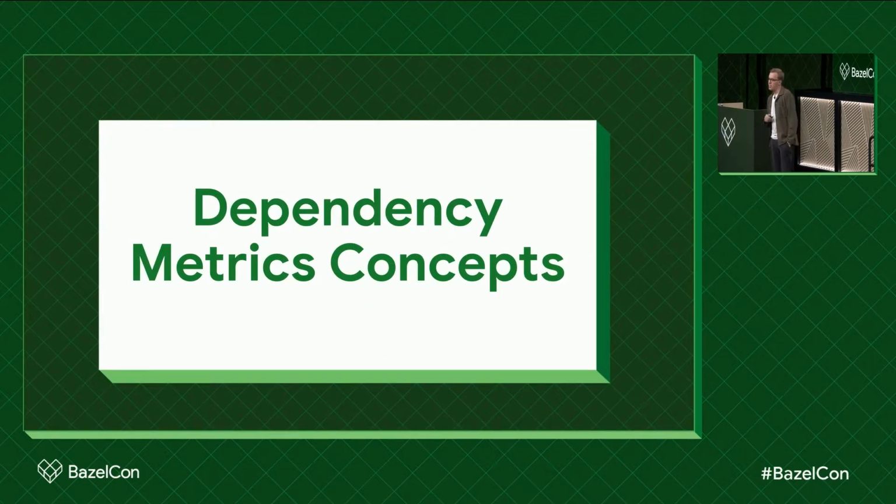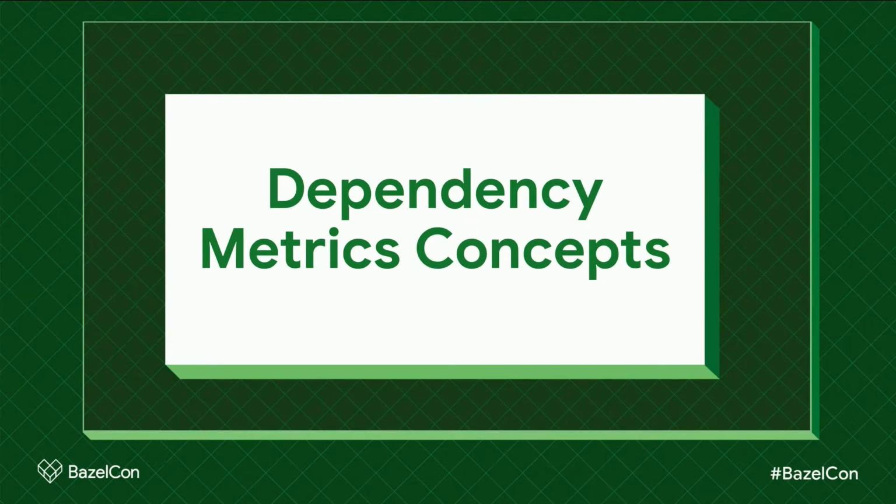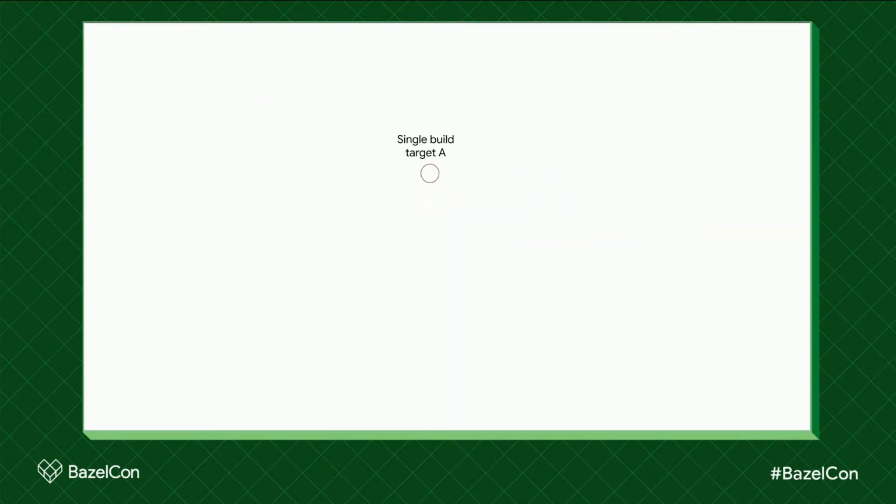So, with that basic terminology defined, let us now try to illustrate this so we get a better feeling about what these type of metrics are and how we can use them in practice. Let us consider a single build target A, represented by this little circle on the screen. We can then expand it to also show our explicit downstream dependencies, just as you saw before. Notice here the direction of the arrows, pointing from our build target to the downstream dependencies on the right.